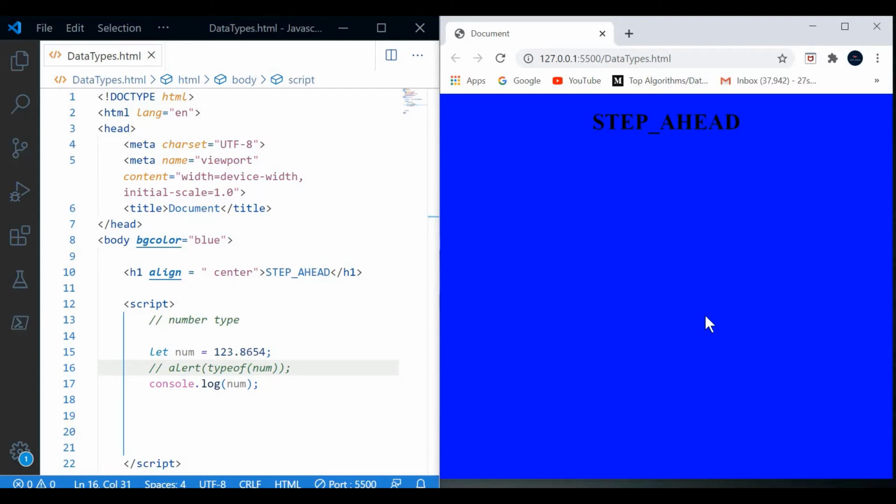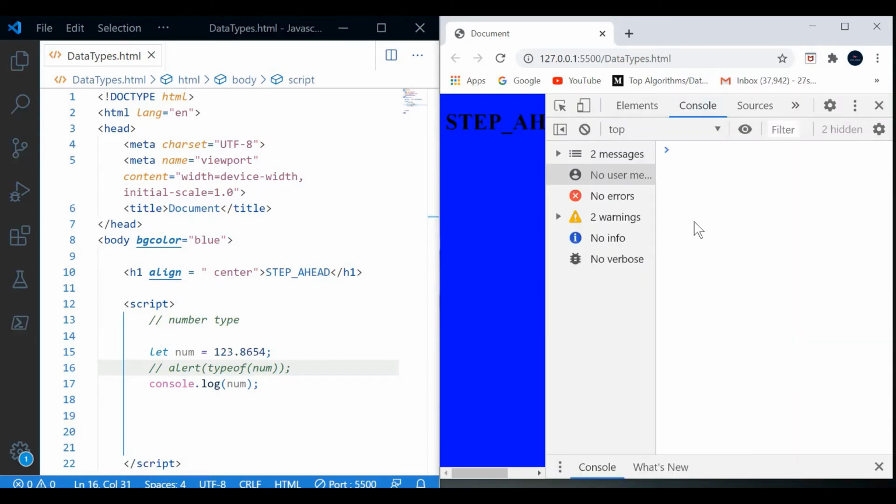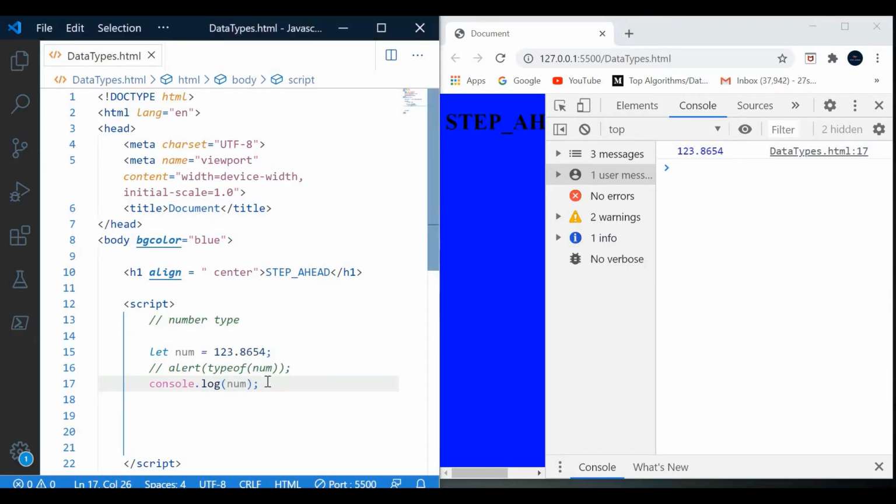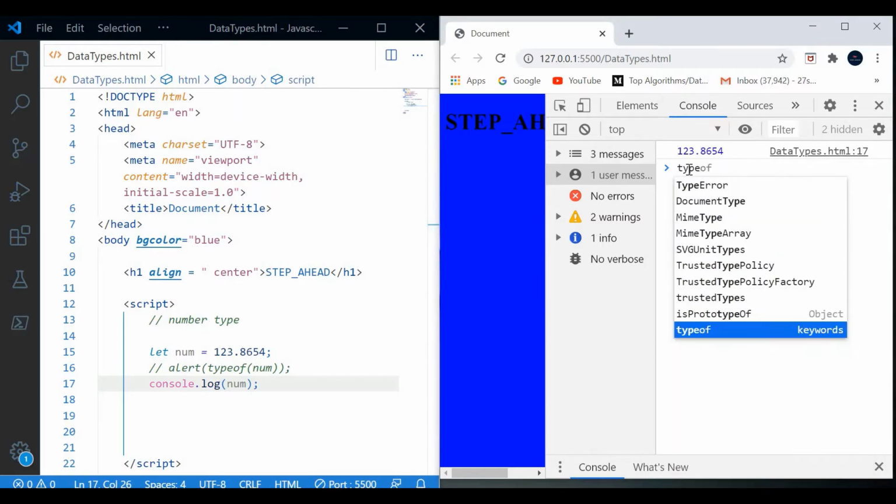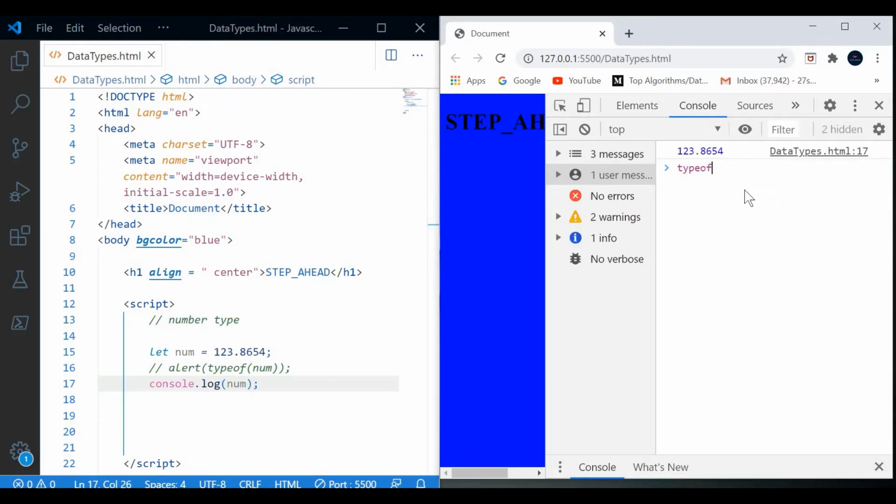So let's open our console. Here it is showing this floating point number, which is the output of the num variable. We can also see typeof here. So in the console also we can see the output, or we can perform operations like this.